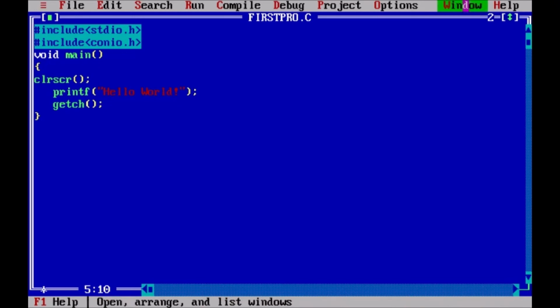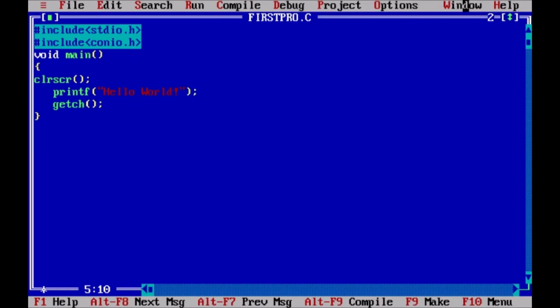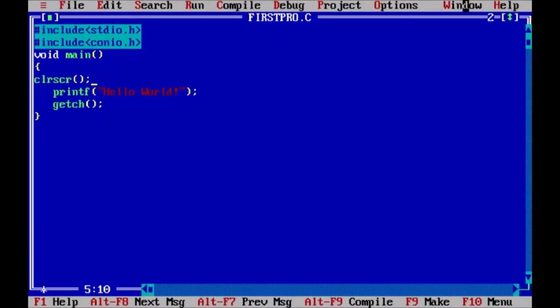So let us see how it is done. Here we go. Here is a clear output that we needed. So in this way, we can print anything on the screen. So this was about the Hello World program.